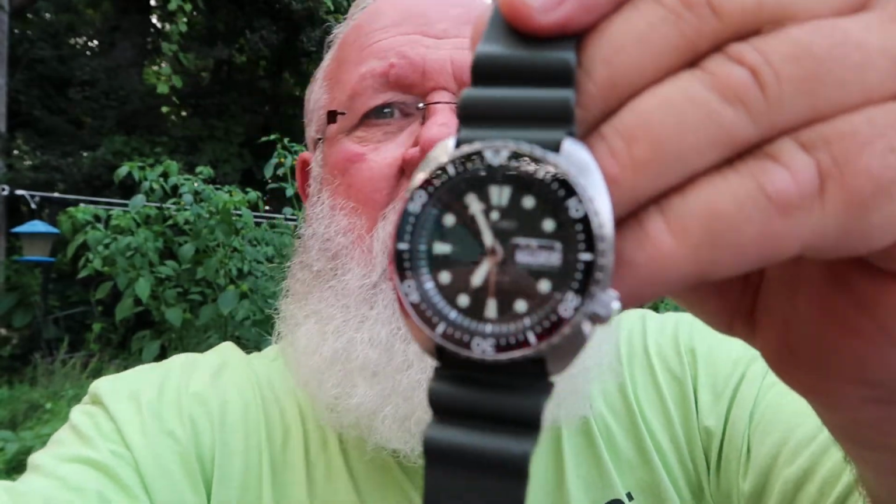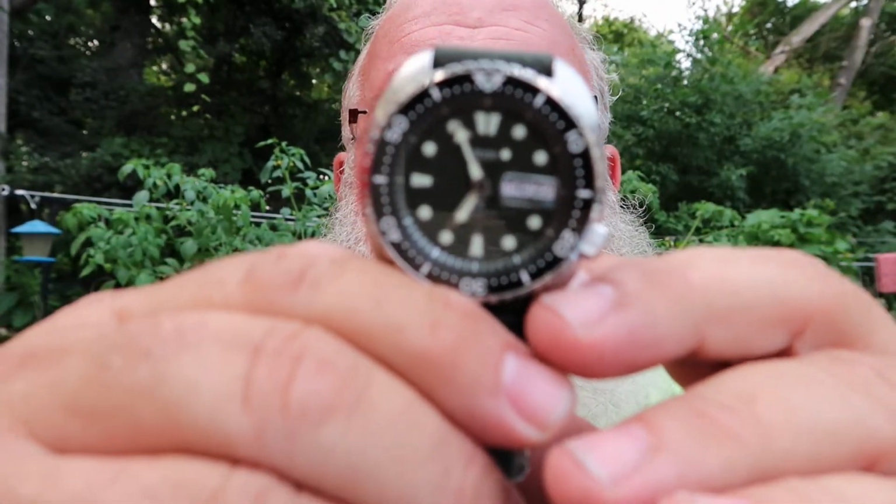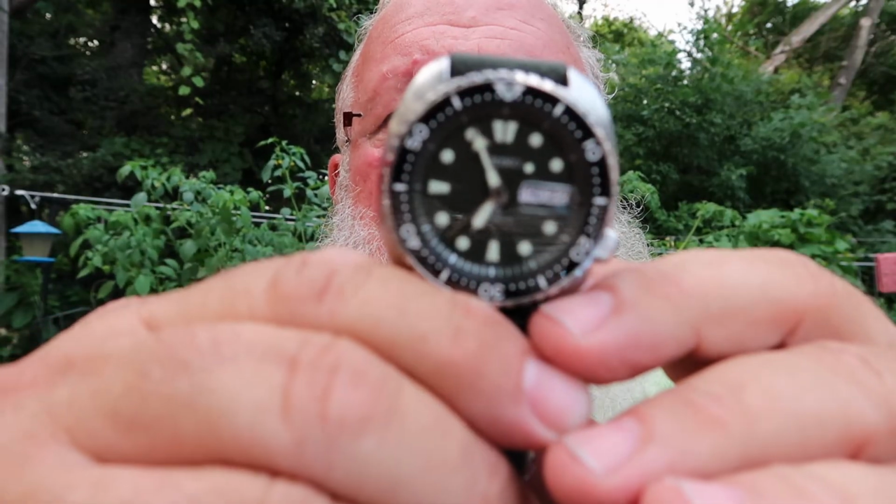Then I absolutely love the Seiko King Turtle. Boy, that watch is made, I'm telling you what. Indestructible, I tell people, because this is one tough watch and one tough watch case. So they're all good watches. And then we have my first